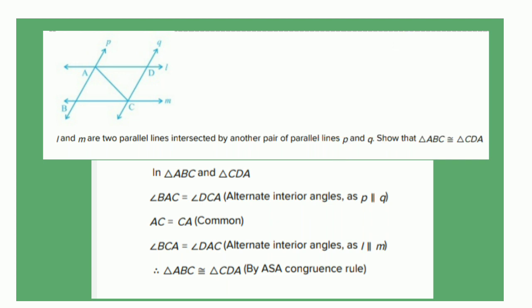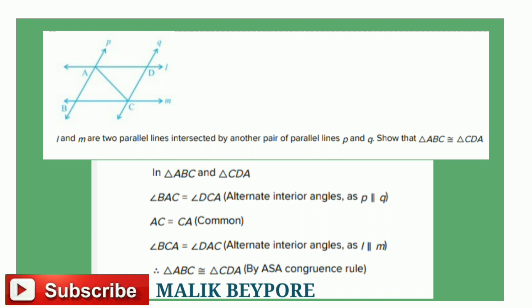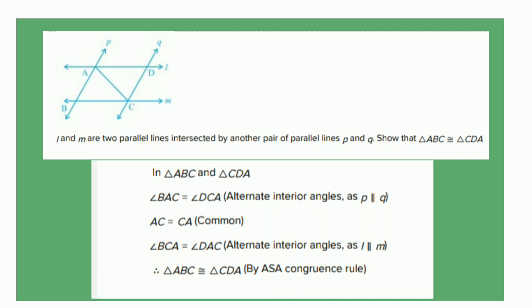Okay, then AC equal to AC, that is the common side of these two triangles, and angle BCA equal to angle DAC, that is also alternate angles, as L is parallel to M. So we can say by ASA congruence rule, triangle ABC congruent to triangle